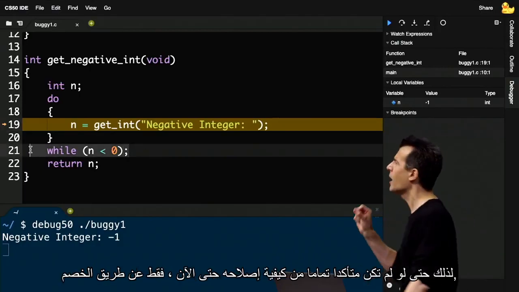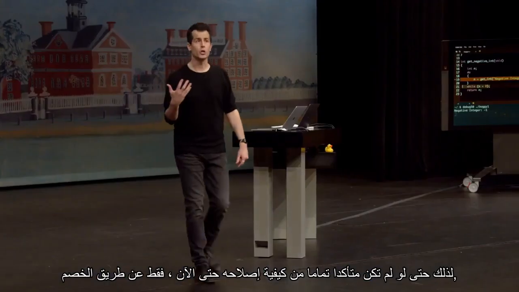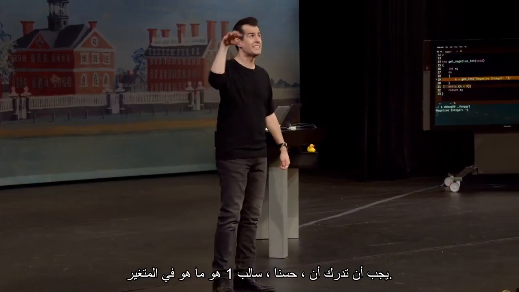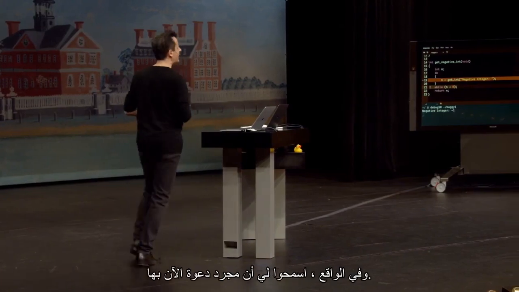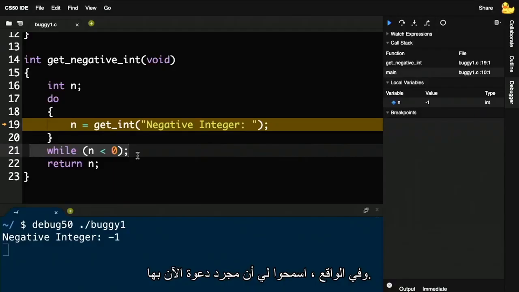So even if you're not quite sure how to fix it yet, just by deduction, you should realize that, OK, -1 is what's in the variable, but that's not good enough. The loop is still going. I must have screwed up the loop. And indeed, let me just now call it out. Line 21 is indeed the source of the bug. So we've isolated it. Out of 23 lines, we've at least found the one line where I know